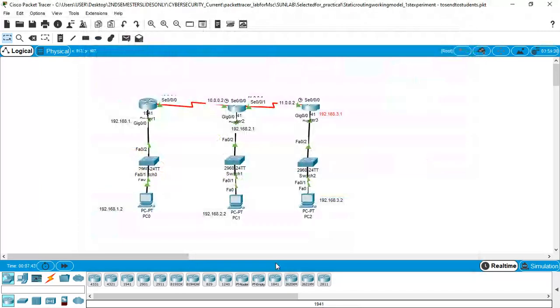So please see the arrangement, that is the topology of the devices. We have three routers, 1941, and we have 2960 switches. With these, having configured the switches and assigned the shown IP addresses to the router interfaces, it is not a surprise that PC0 cannot communicate with PC1 and PC2.